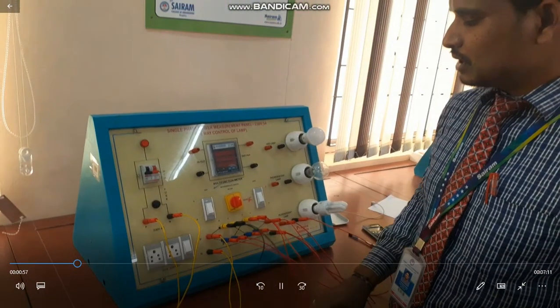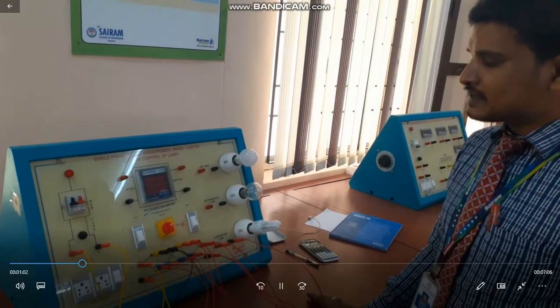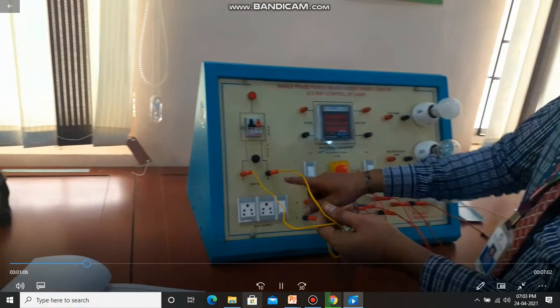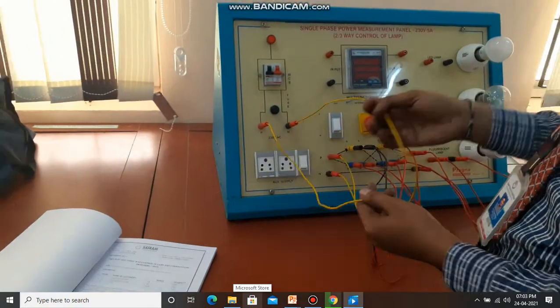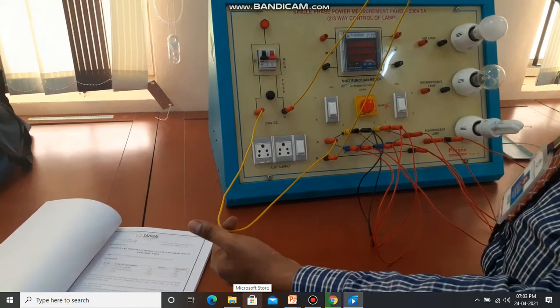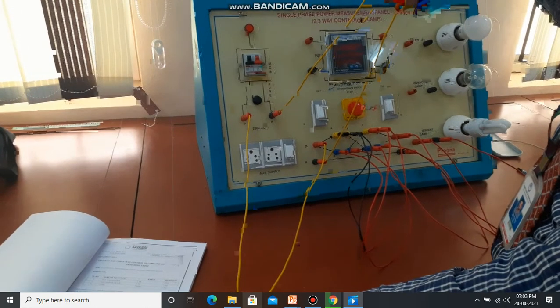Here for the connections, I am taking one fluorescent lamp whose rating is 40 watts, and here are the supply phase and neutral terminals. Here we are giving the 230 volts AC supply. This is phase and neutral. Phase, neutral, I have short circuited here for the connections, to make the straight connection,